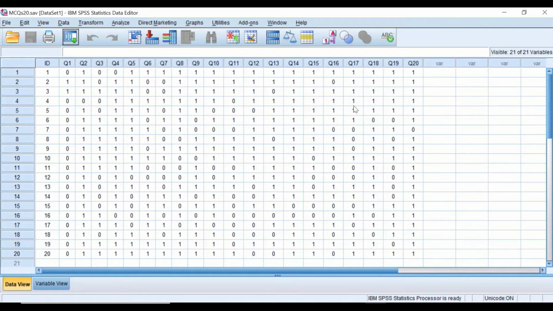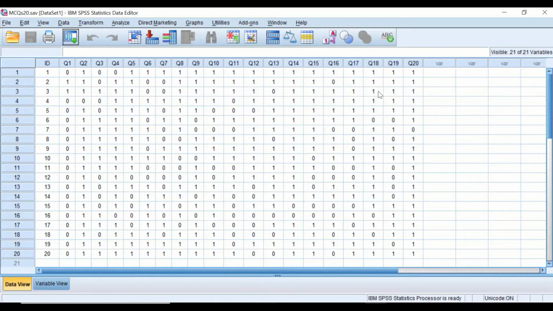The first step is to calculate the overall mark or the total mark achieved by each individual student, i.e. to add up all the correct answers recorded by each student and generate a new variable, call it total